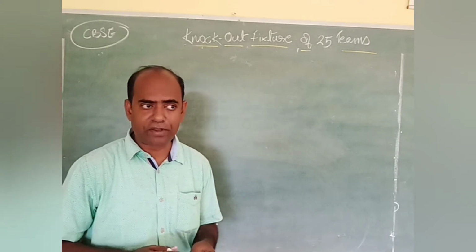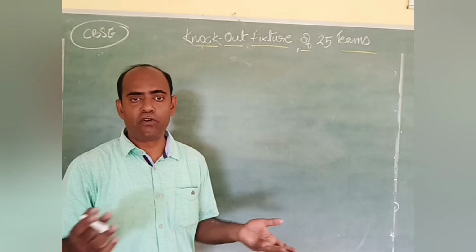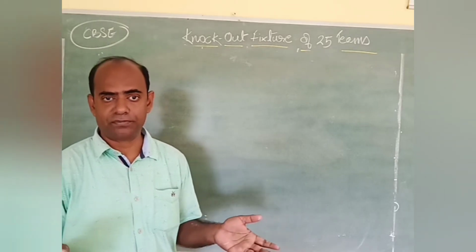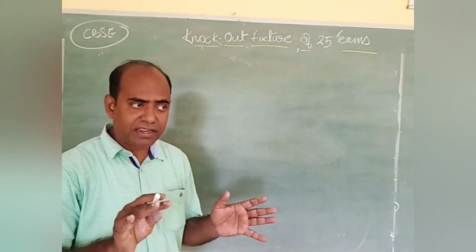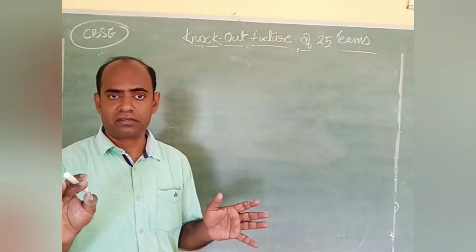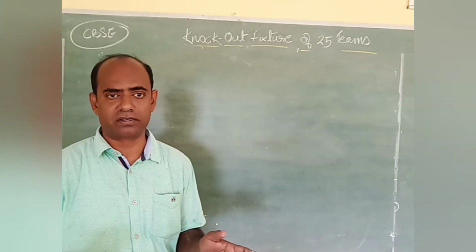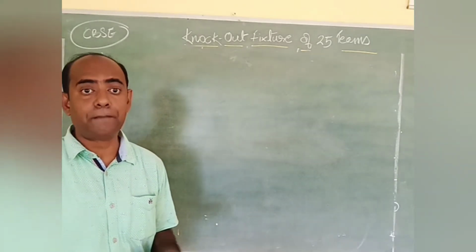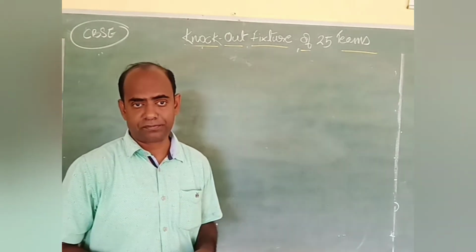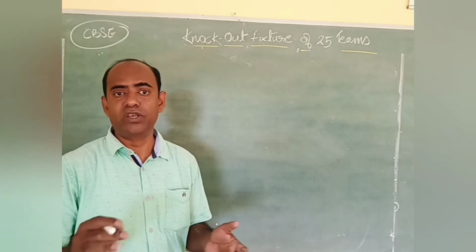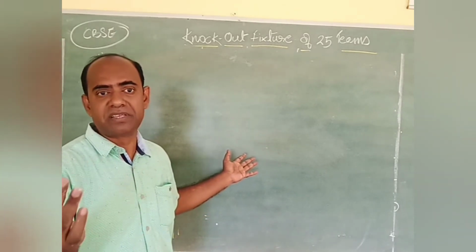If the number of teams is like 20, so 5 4s are 20, remainder is 0. So the teams will be divided into 4 quarters, 5 teams in each quarter: first quarter, second quarter, third quarter, fourth quarter. In case the number of teams is more than 20, like 22, so 5 4s are 20, 2 is the remainder. 5 teams in all 4 quarters, 2 teams are left out.